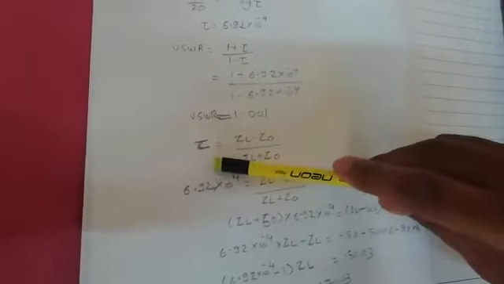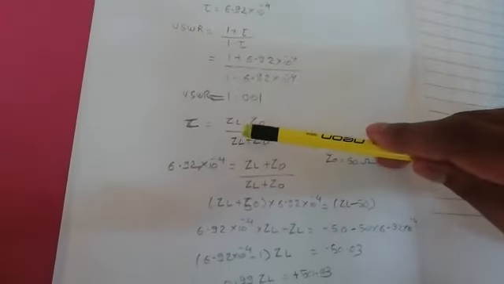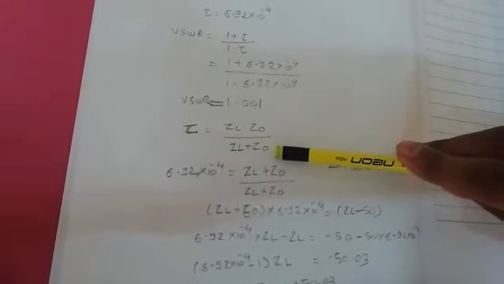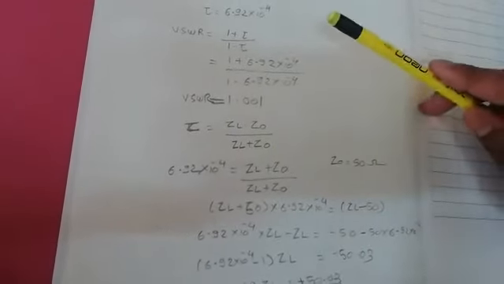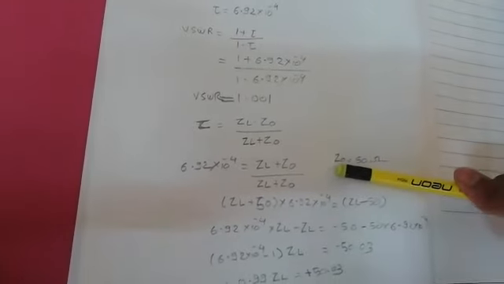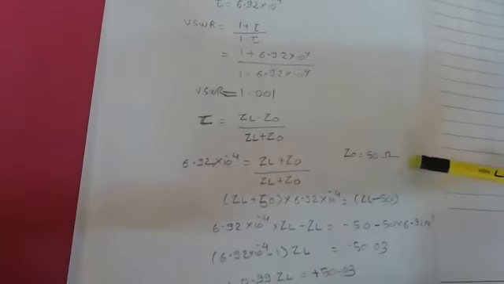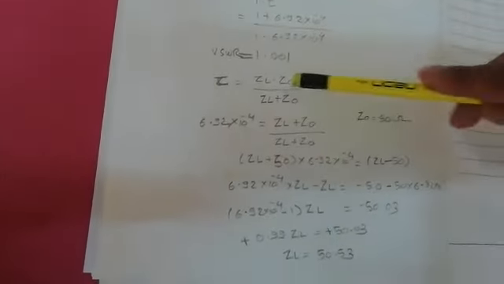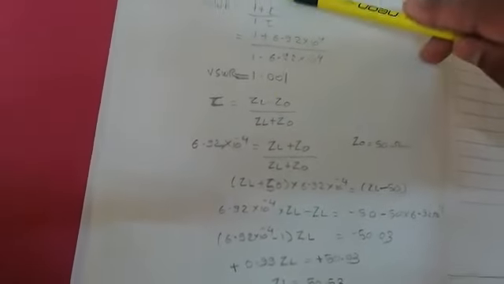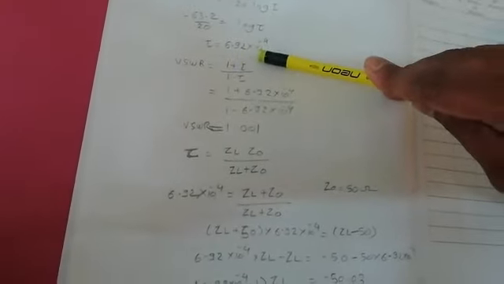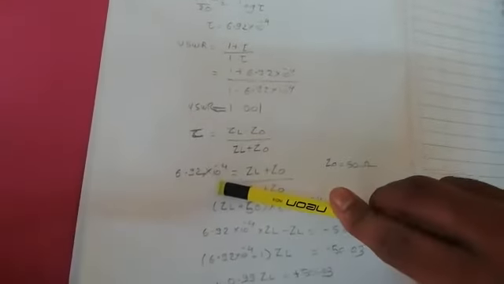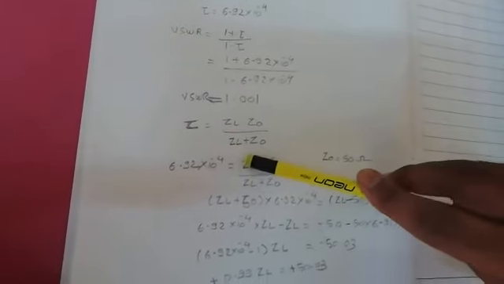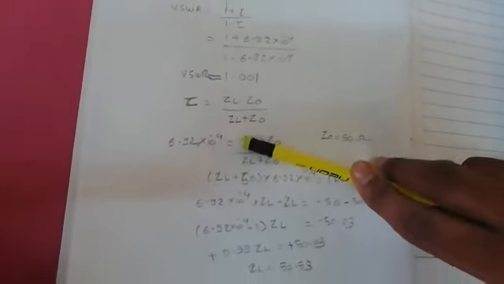Now the reflection coefficient gamma, by theoretical calculation, is given by ZL minus Z naught divided by ZL plus Z naught. For this setup, Z naught, the characteristic impedance, is equal to 50 ohm. So I will put Z naught equals 50 in the equation. We know the gamma value, 6.92 into 10 raised to minus 4. Then I have to calculate the ZL value, which is nothing but the impedance of the antenna.